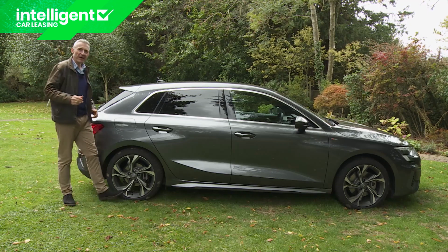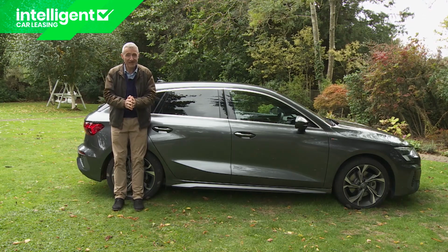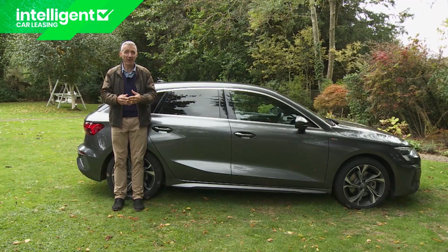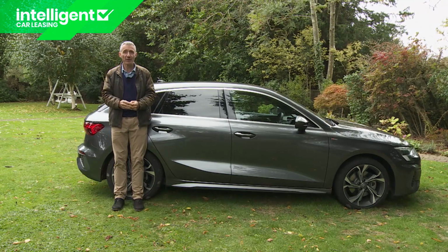Is it worth finding the extra cash for the top Vorsprung flagship level of trim? Well, we're talking a big price jump up from, say, this S-Line spec model, but if you were thinking of heavily embellishing this car anyway, it might be one that's worth making, because with a Vorsprung variant, you'll find that